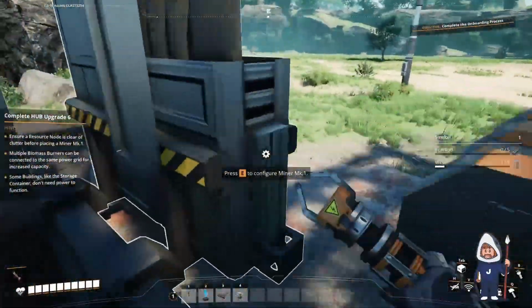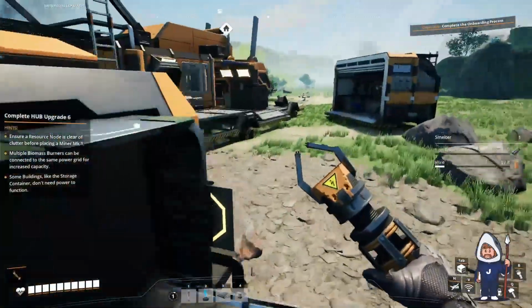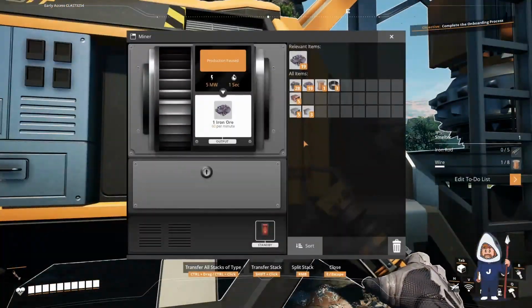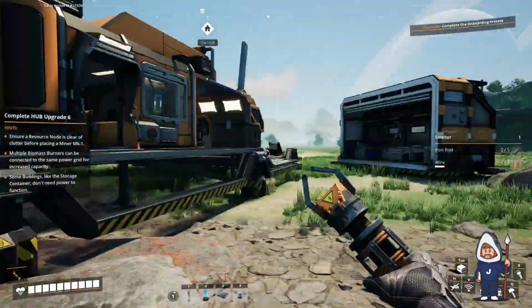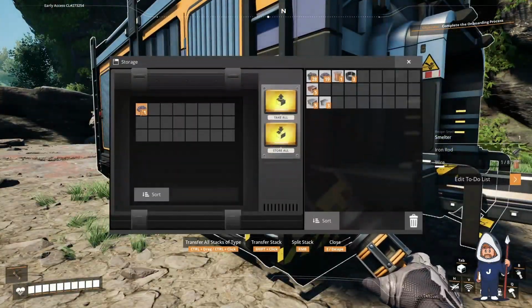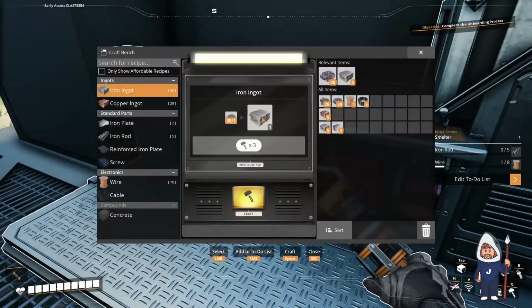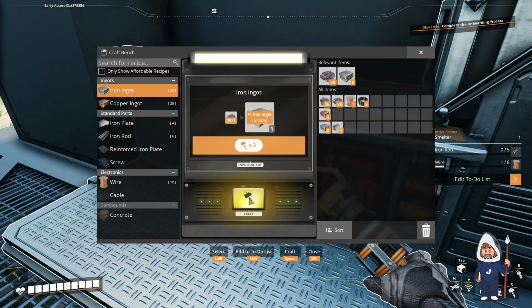There's a switch somewhere around here. Maybe it's over here. No? There's supposed to be a switch. Am I stupid? There we go. Okay, there's the switch. Okay, cool. So we'll let that do its thing. We'll come back over here. We will grab the iron out of here. And now we will cut it down and basically build out